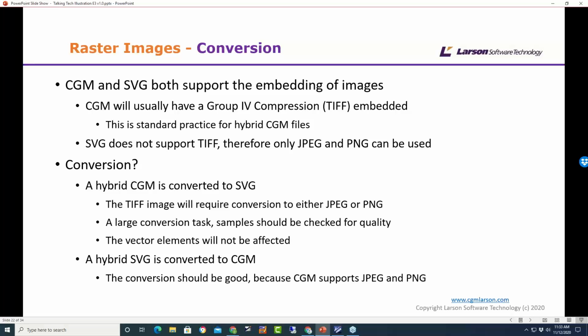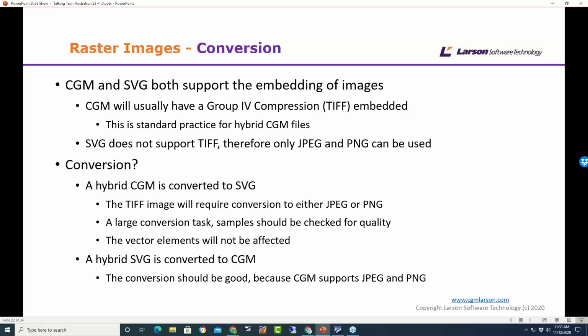So I think there are some considerations you need to make if you're converting from CGM to SVG. And certainly around raster there is, because TIFF is not supported within SVG. So if your software is not seeing that as an issue, then you're possibly going to just miss that out.